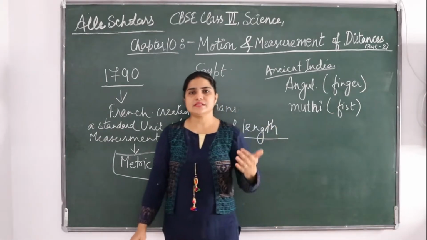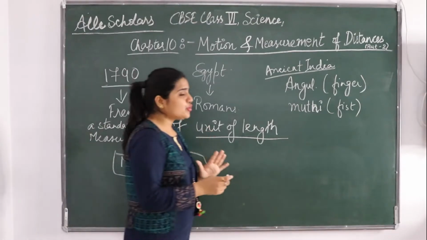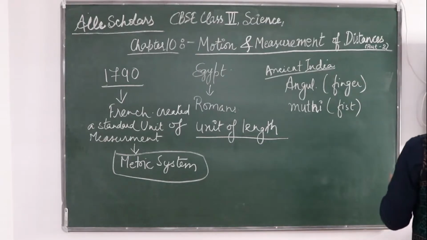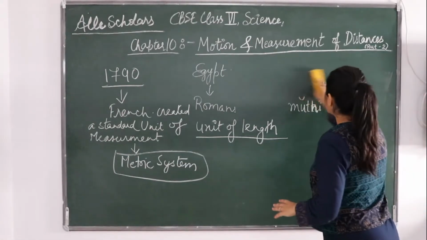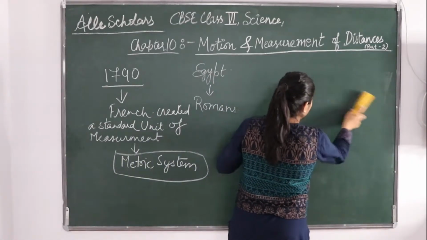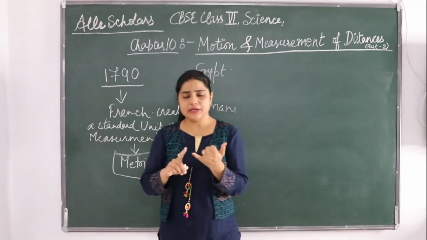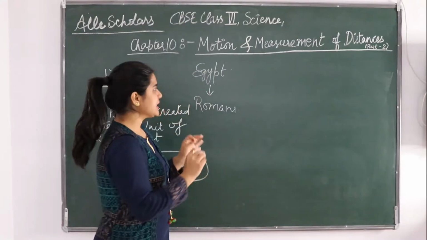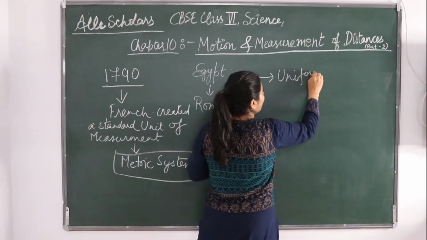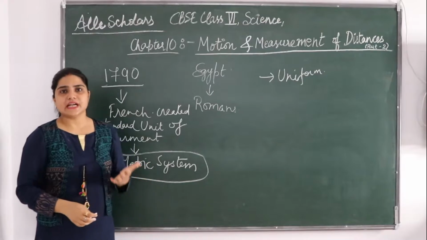तो ये जो अंगुल सिस्टम, जो फीट सिस्टम, जो हैंड, पाम, डिफरेंट बॉडी पार्ट्स वाला था, उसको फिनिश किया गया और फ्रेंच ने एक स्टैंडर्ड यूनिट बनाई मेजरमेंट की. Now this standard unit of measurement was very beneficial. This standard unit of measurement gave uniformity. हर जगह एक यूनिफॉर्म measurement हुआ. I will be telling you what the advantages of a standard unit are.